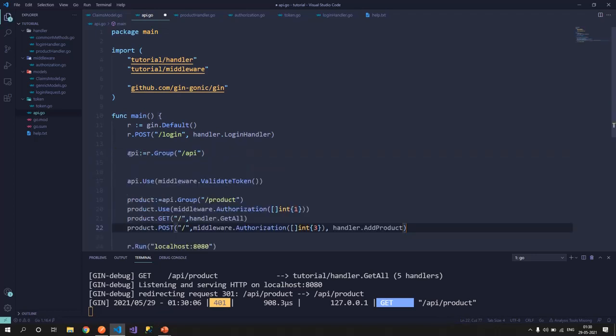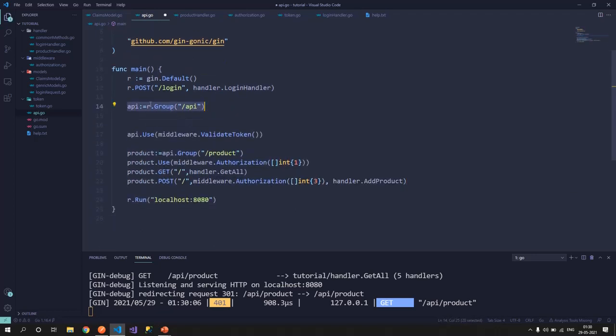I have created a group called API, which is pointing to endpoints starting with API. This API group uses the middleware validate token, so all APIs that are inside this group would be using this middleware. And within this API group, I have created another group, that is product.